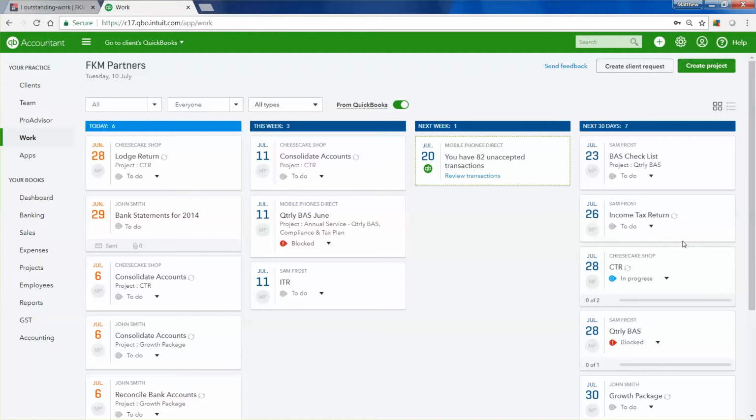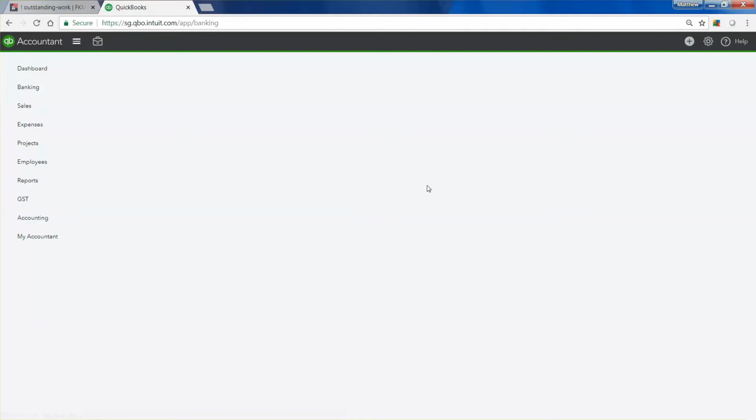Okay, so you can see I've got various ones here for income tax return, company return, quarterly BAS. Now the really clever thing is this gives you a canvas view, so you can see what's due today, what's due this week, what's due next week, and the next 30 days. If you see these messages that pop up like this, and they've got a little QuickBooks logo, that's actually showing you that this particular client, Mobile Phones Direct, has 82 unaccepted transactions. So these transactions haven't been coded. Now, the really clever thing about this is if you click on this, this will actually take you into the client file. So this will throw you straight into the banking screen,